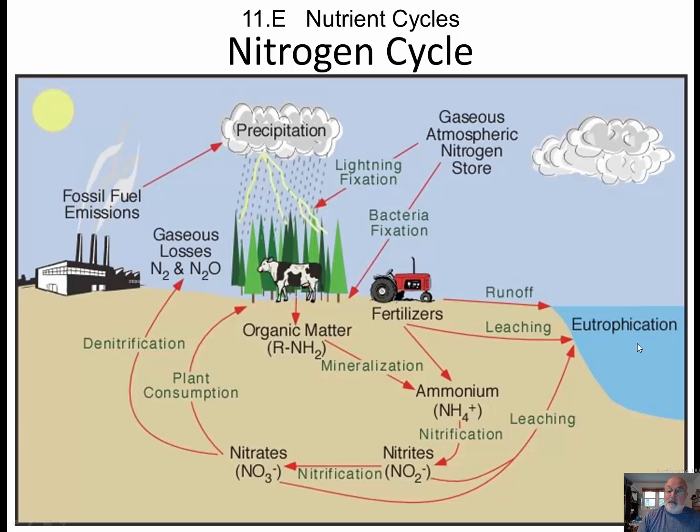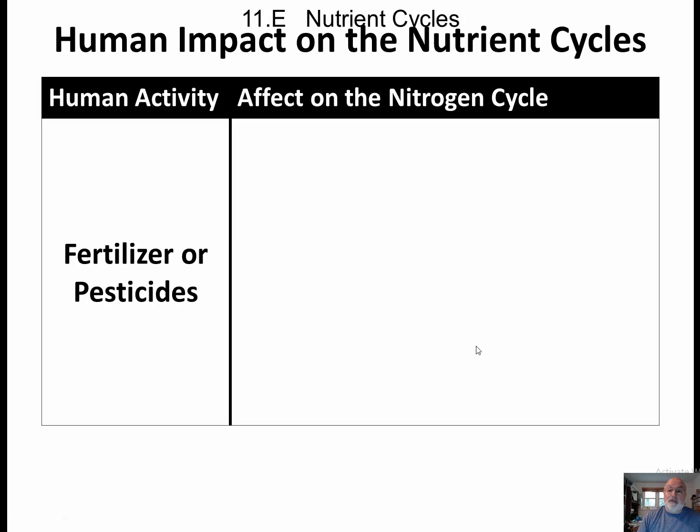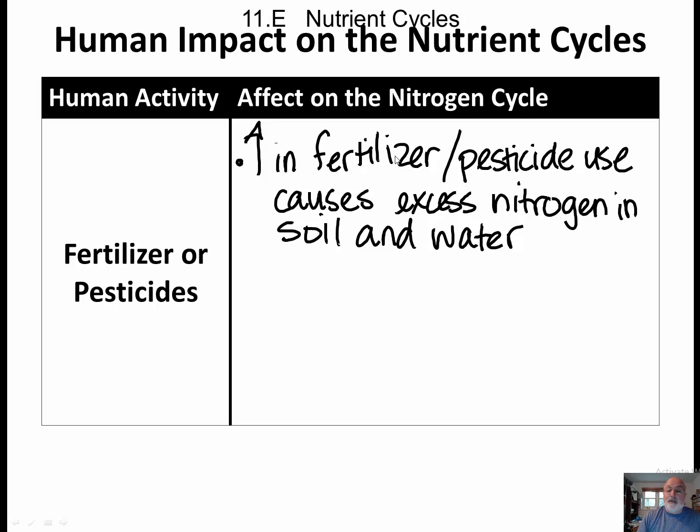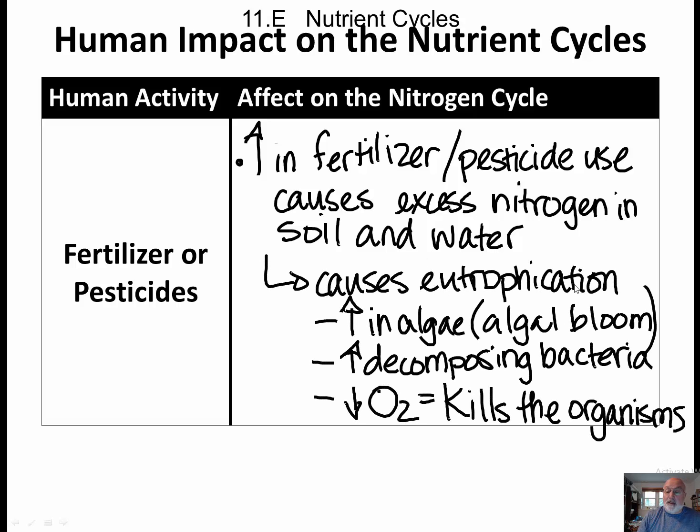It's supposed to go into the ocean, it's supposed to run off, it's supposed to leach, but the problem is when we actually take this carbon fuel and we pump it into the atmosphere, or we actually put more fertilizer on the land and it washes off into the ocean, we can have all kinds of problems. And so what's the problem with the nutrient cycle for nitrogen? Fertilizer and pesticides. An increase in fertilizer or pesticide use causes an excess form of nitrogen in the soil and water. This causes eutrophication, which basically increases the algae, and you get an algae bloom,